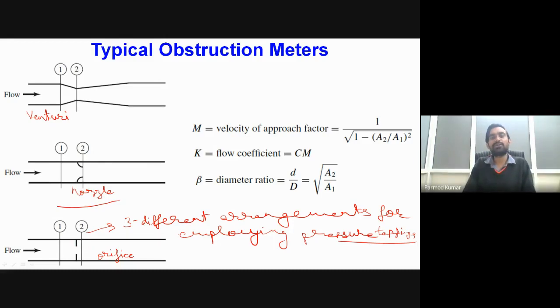Okay, so now based on these pressure values, if we have an incompressible flow situation, obviously the density will be known for that particular type of fluid and it will not change in the flow passage. So for that, by just knowing the area ratio, we can determine the theoretical value of the flow rate, which can then be corrected with the help of the coefficient of discharge.